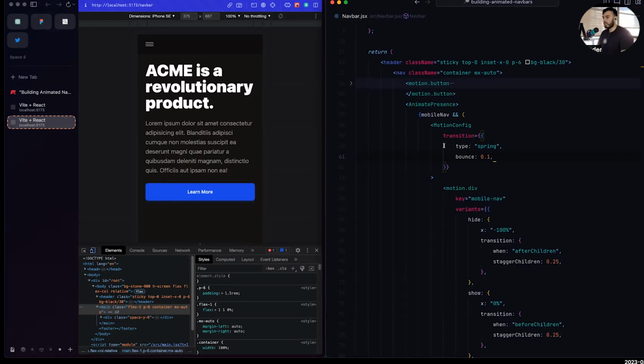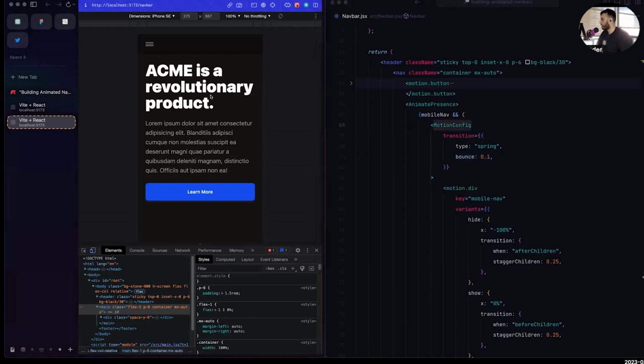What I'm using here is called a spring animation or a spring transition effect. And what that does is it uses some sort of physics, like a spring emulation transition effect, to give elements a more natural feel when they move around. And then bounce here is just literally how bouncy the element should be as it's moving through its animation variant